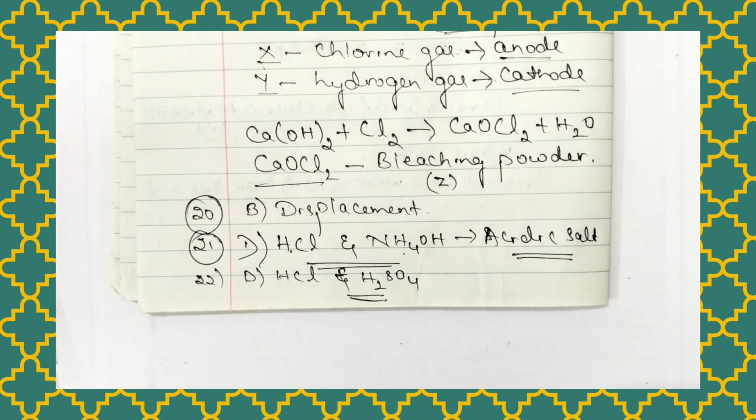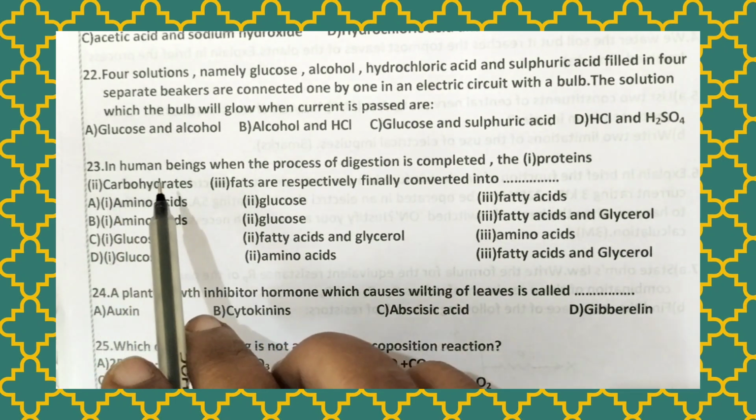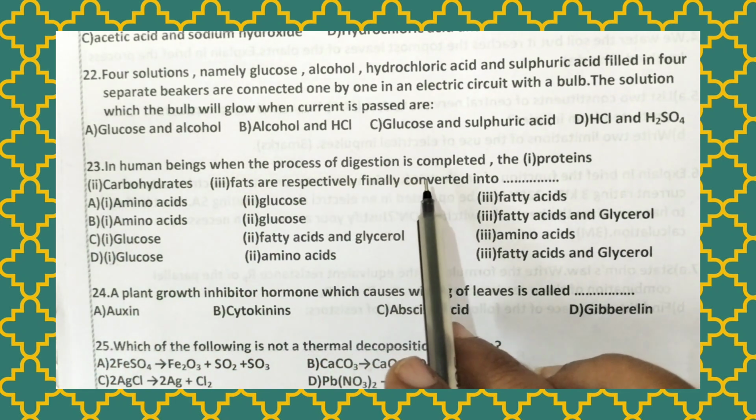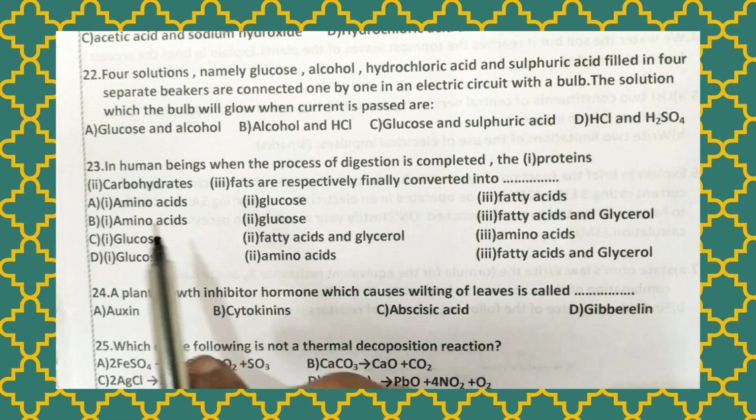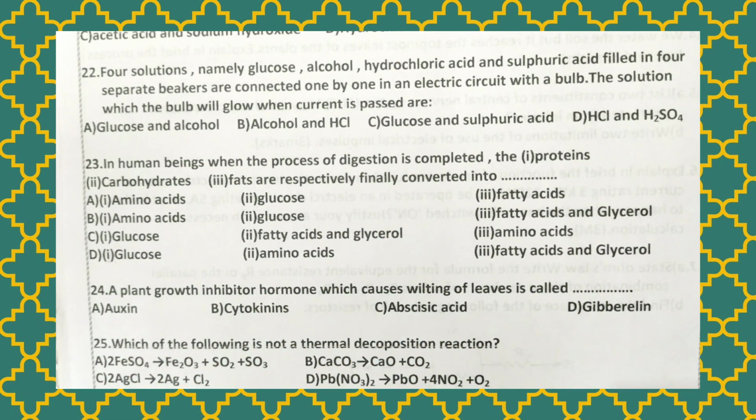Now let us move to the 23rd question. The 23rd question is: In human beings, when the process of digestion is completed, the proteins, carbohydrates and fats are respectively finally converted into